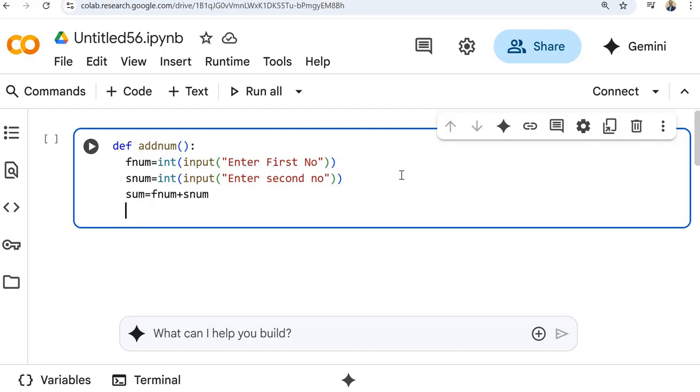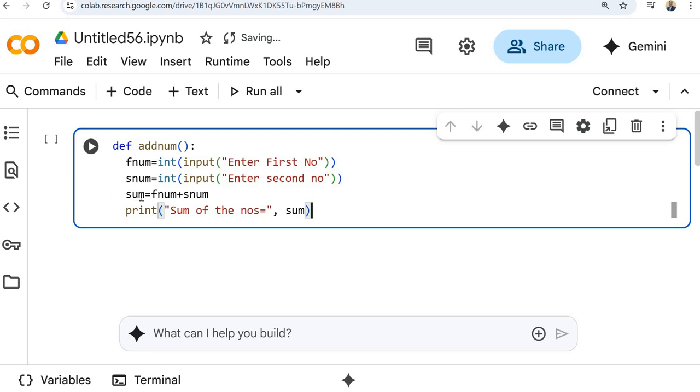Then we can use the print function and write directly "sum of the numbers is equal to", then a comma, then sum.